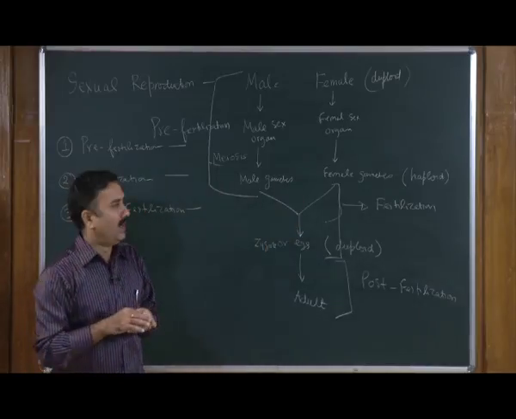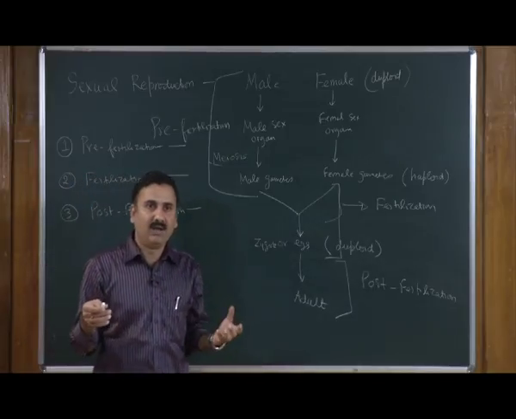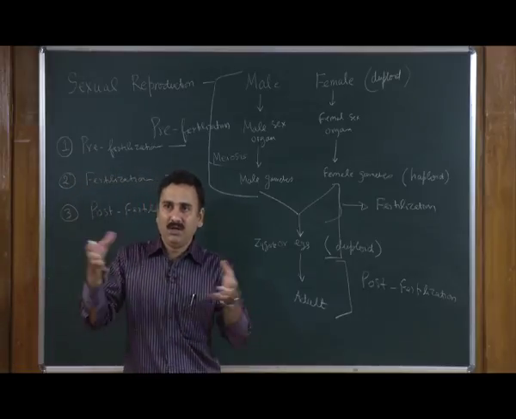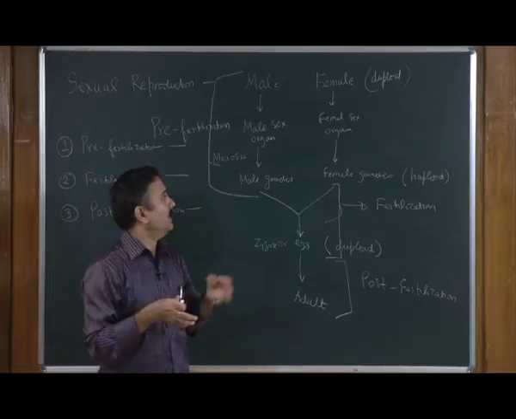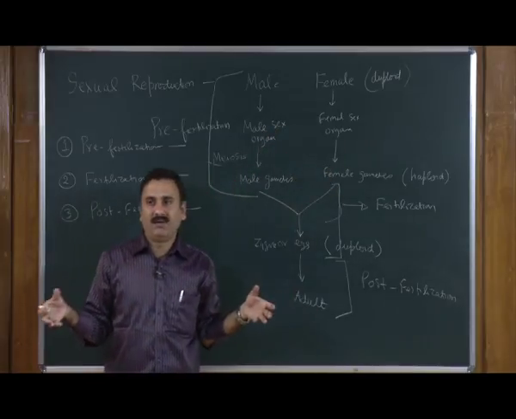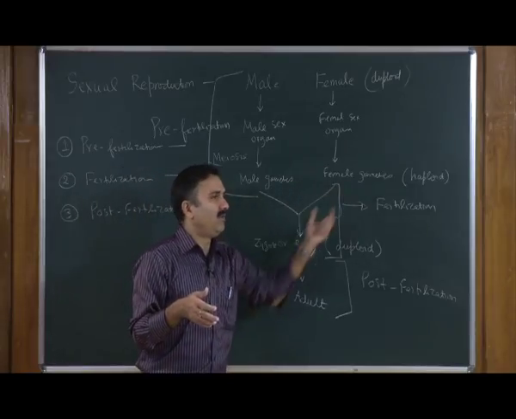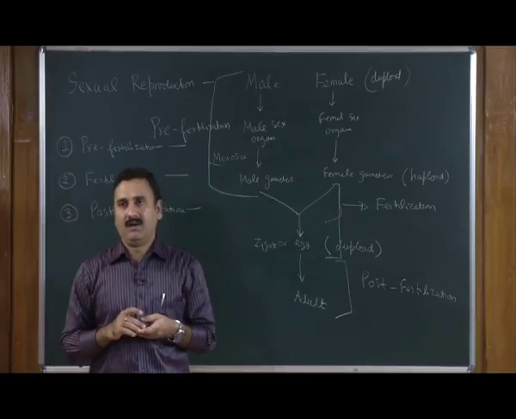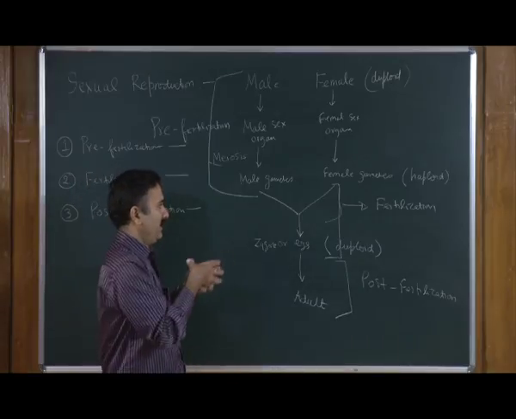For example, it should not happen that the male plant is flowering and the female plant is not. So it ensures that the two different individuals synchronize the development of the male and female gametes at the same time, so that when there is a male flower and a female flower, they both mature at the same time and produce their respective gametes, so that there is optimal fusion, or optimal fertilization.